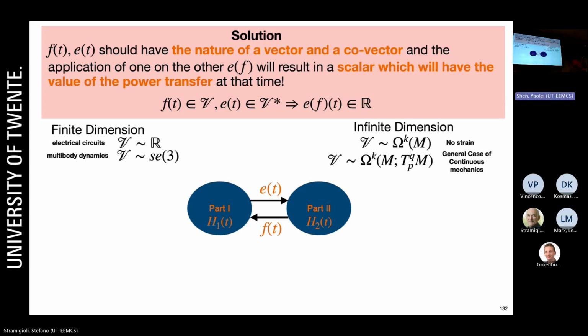What's not clear to me is why they should be linear objects. So F and E, I should be able to combine them somehow and get a real number. And if you tell me that they're linear objects, then I accept that, of course, they should be dual vectors. But you will see, when we start building this up, that the fact that they are linear spaces is precisely what you need in order to decompose. And that comes from the fact that,